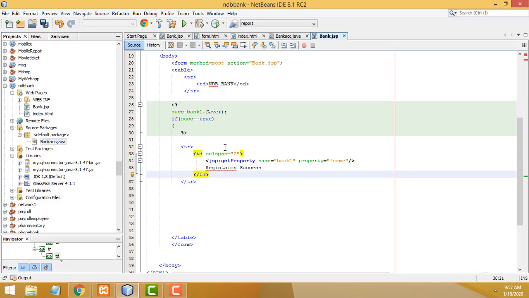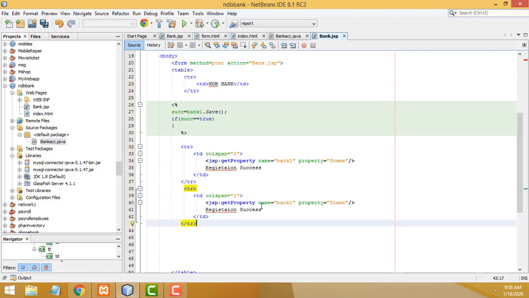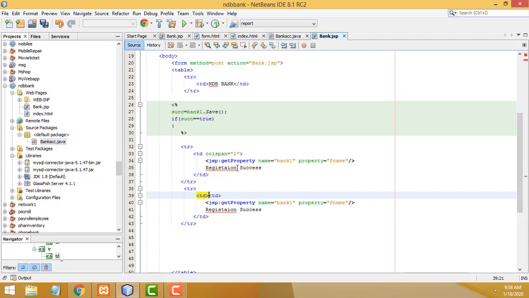Okay, now after that you have to write another thing, registration success, this one should be the registration success, it's opened. Same thing, you have to Ctrl+C to copy, Ctrl+V to paste below. The second one should be the registration number, you have to get the registration number as well. So you have to make 2 TDs, right. This one should be your registration number,